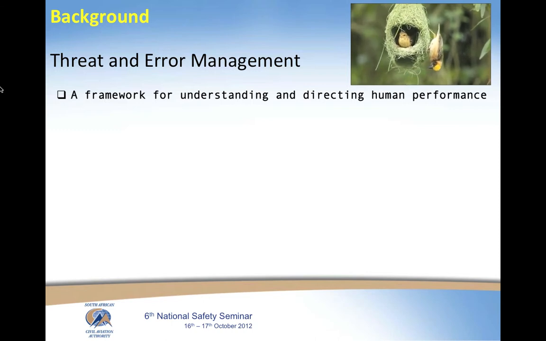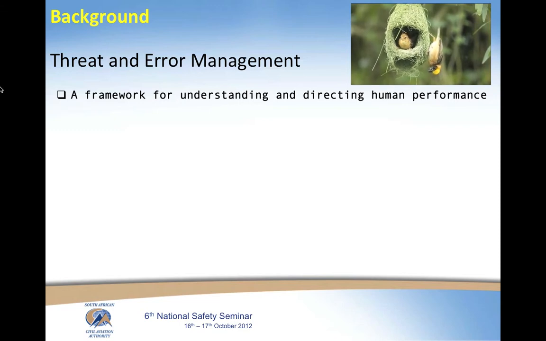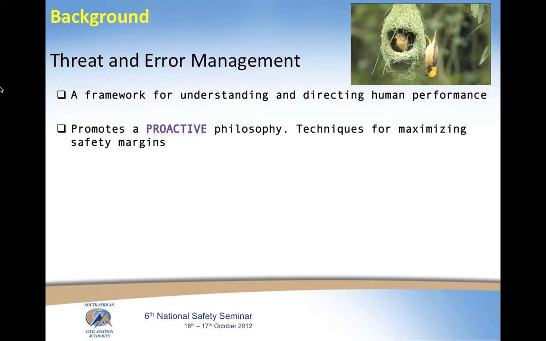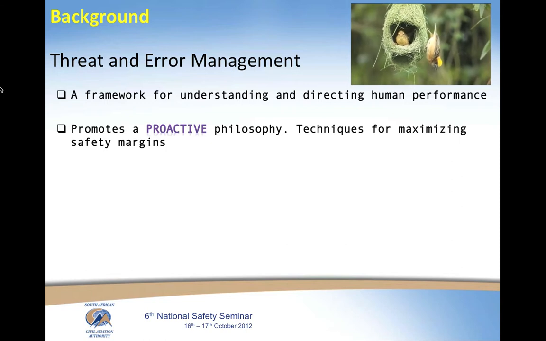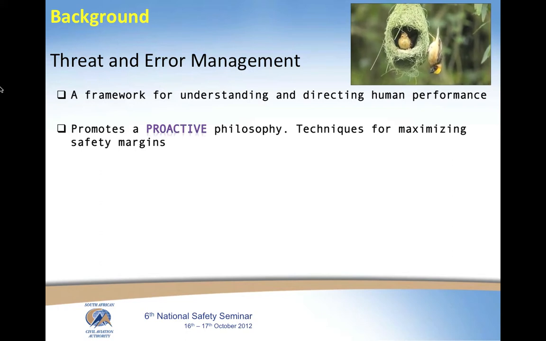The easiest way to understand threat and error management is to liken it to defensive driving for a motorist. The purpose of defensive driving is not to teach people how to drive a vehicle, for example, how to shift a manual transmission, but to emphasize driving techniques that people can use to minimize safety risks. Similarly, TEM does not teach pilots how to technically fly an airplane. Instead, it promotes a proactive philosophy and provides techniques for maximizing safety margins despite the complexity of one's flying environment. In this sense, TEM training can be framed as defensive flying for pilots.